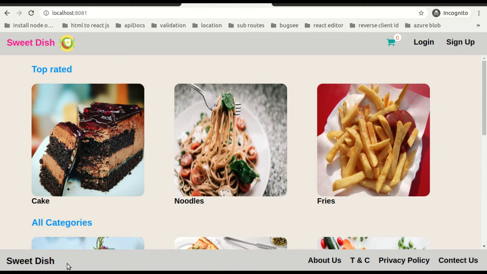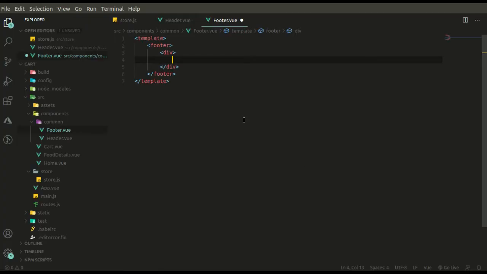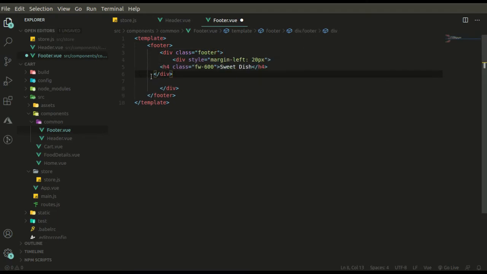Okay, so we have a title and this portion. It won't take much long. So this is our left portion. Let's code right portion.